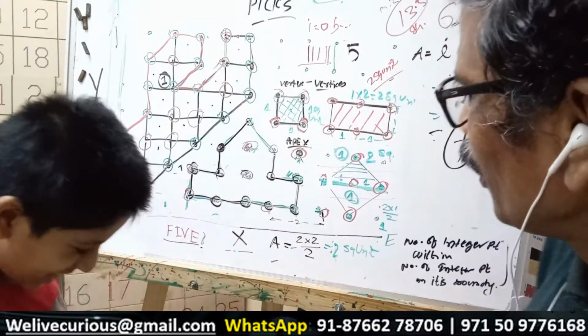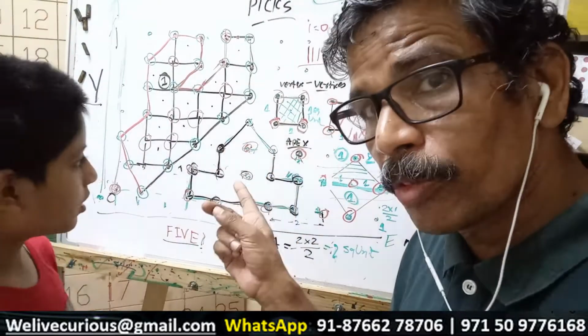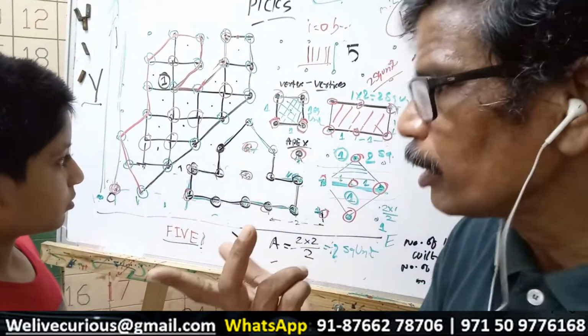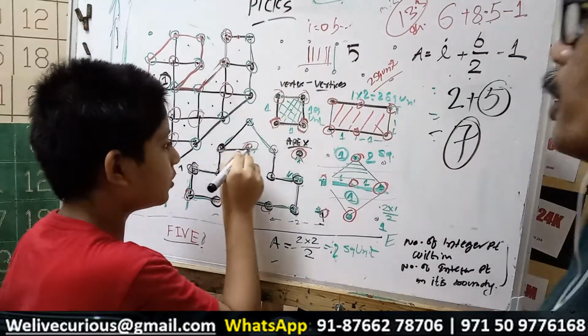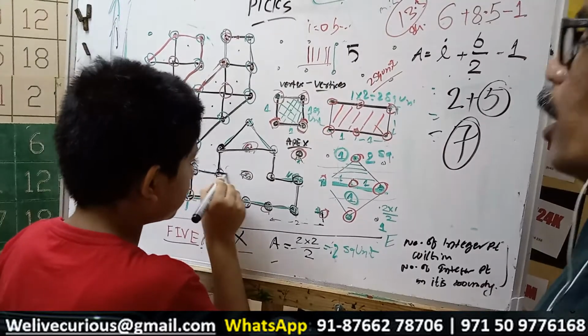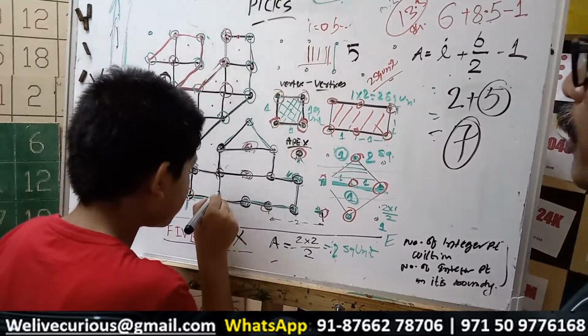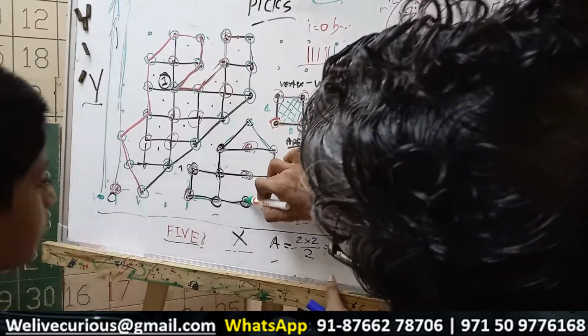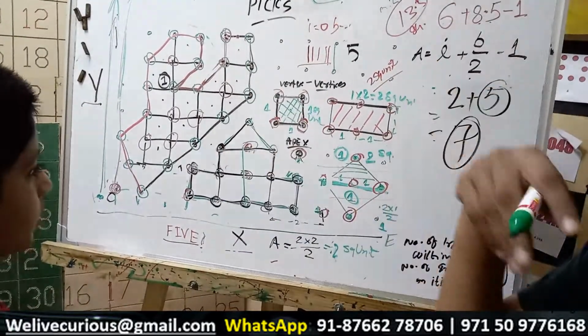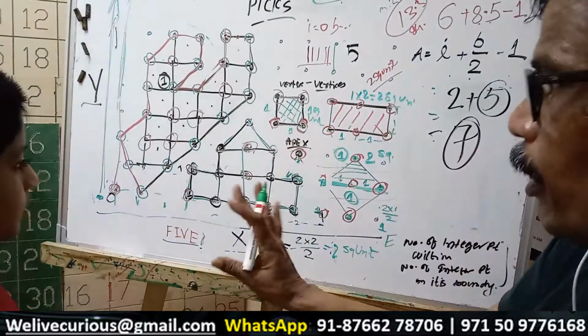Answer finished. But now we have done it with Pick's theorem. Should we cross check it? Sure, I will make a line here. Let us cross check it because it always pays to cross check it. Can we cross check it? How many squares? Squares we can calculate anyway. How many squares are there? Done. Full squares.